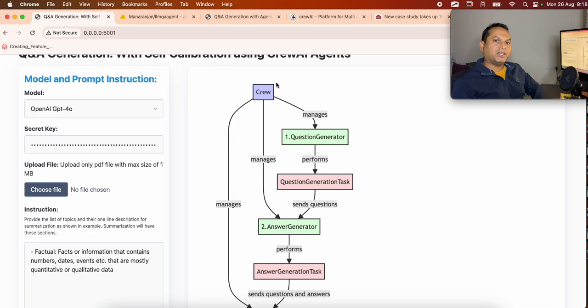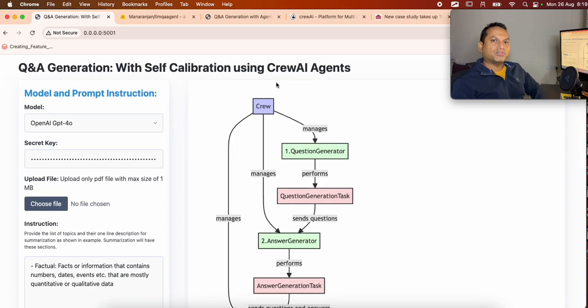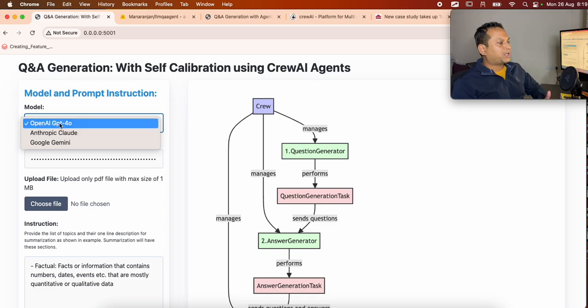So first I will take you through the tool. This tool is developed using a new framework called FastHTML and is hosted on Hugging Face Spaces. First I'll show you how to use it. I'm going to publish the link in the video description, and then I'll go through the code, how to implement it. So here you can choose the model that you want to use, whether it's an OpenAI model or an Anthropic model or a Google Gemini model,